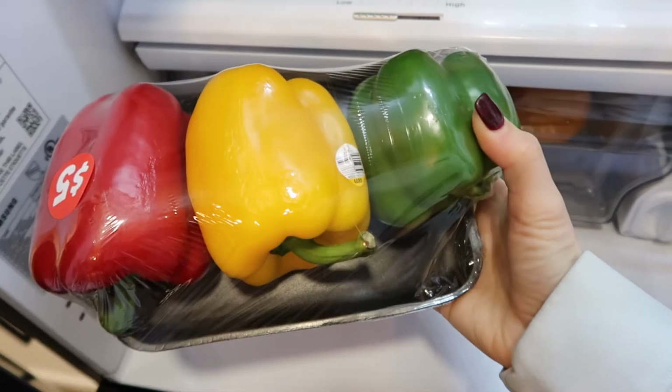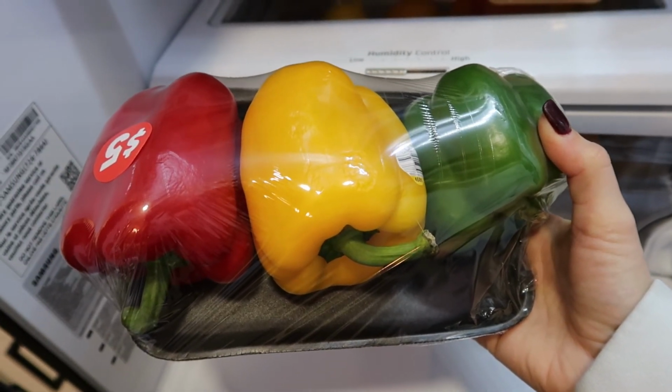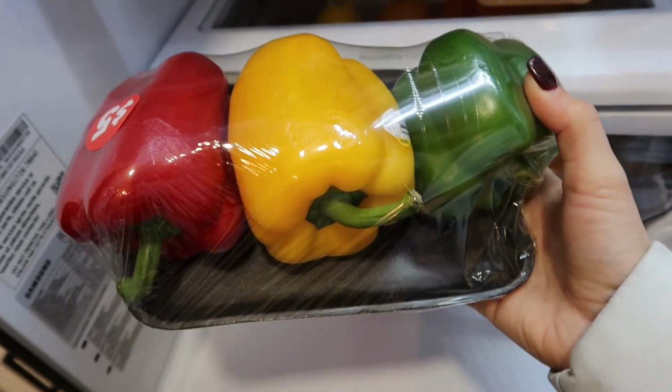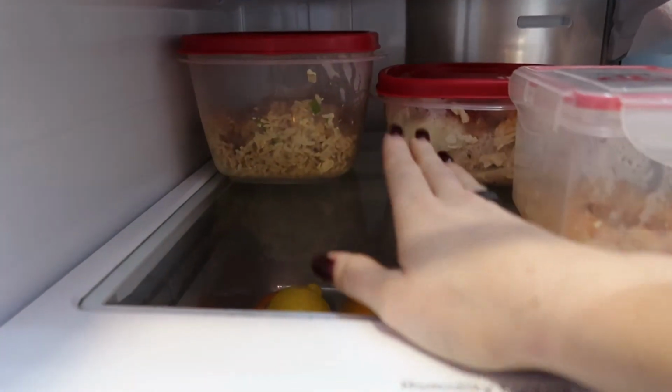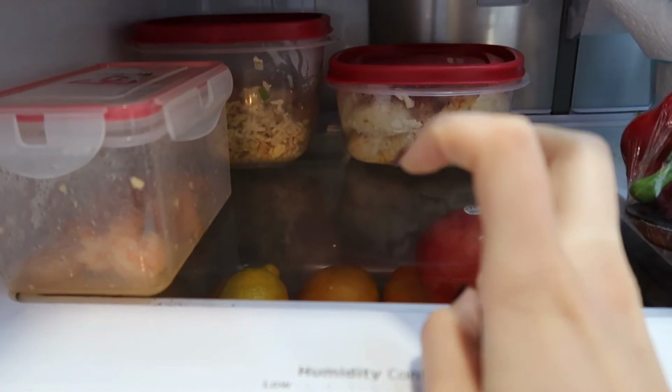I am going to make some Kung Pao chicken. I think tonight it's on my list to make, so I'm going to throw this in there. I have a bunch of already pre-made stuff. So I have shrimp pre-made, chicken pre-made, I have fried rice pre-made, and fried rice is not like people think,